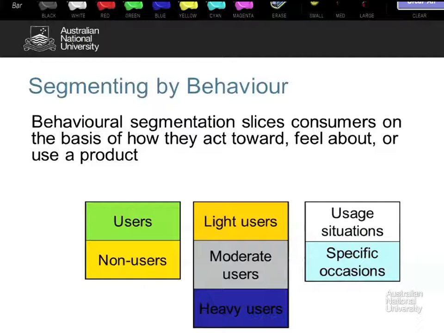Usage situations. The bottle of wine that you buy to celebrate a birthday with your family versus the bottle of wine you buy because it's Friday night and your mates are coming around to watch the football, versus, assuming you're buying a bottle of wine, but also the beer you would serve to friends for a dinner versus a beer you serve for a barbecue. You have usage situations, you also have specific occasion segmentation, where